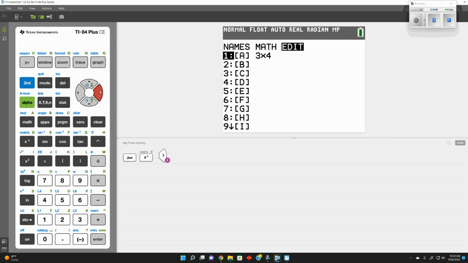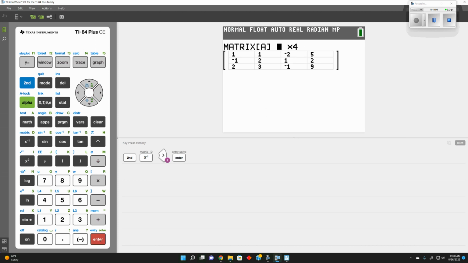So we get over to here, yes? So we can input different matrices in. We can put pretty much as many as there are letters here. But for us, we're going to put this in the first one, A. Now, the dimensions of our matrix are a what? A 3 by 4, yes? We have 3 rows, 4 columns. So the first part where it's blinking up here, we need this to be a 3. You can hit 3 and then enter